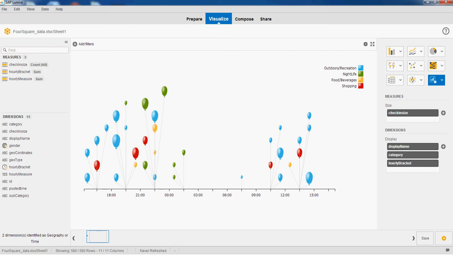The balloons are also of various sizes. The size depends on how many check-ins that particular place has, so the bigger the balloon, the more people are checking into it. We also have the tooltip available, so you can hover over any balloon and you will see the place and the number of check-ins. So we have this one: the place is Lap and the number of check-ins is 32 in this particular time slot.